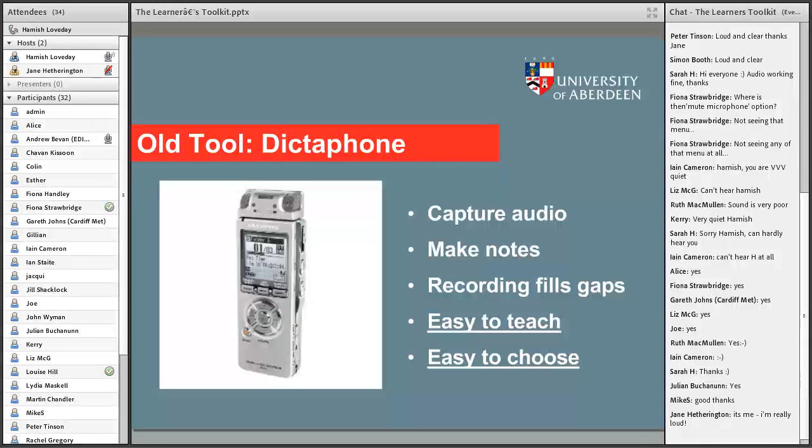There were some mini discs. Mini disc players used to be used before digital dictaphones came along. Now that could capture the audio, the person can make their notes, and the recording filled any gaps in their notes. Now this solution was quite useful in so many ways because it